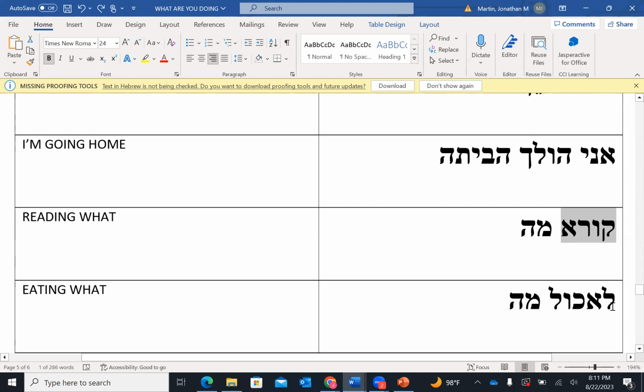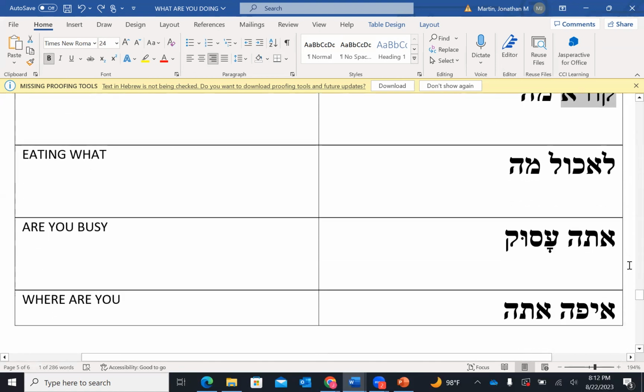So I'm not giving you the nikud on these words because by the time you get to this worksheet in my course, we've said these words so many times that you should know what they are. I didn't go through all that with this class, but when I created this worksheet, my class had been in my class for several other classes, and they were ready for me to remove some of the nikud. But if you need me to put the nikud on them, I will. I don't mind. No, I understand that. Okay.